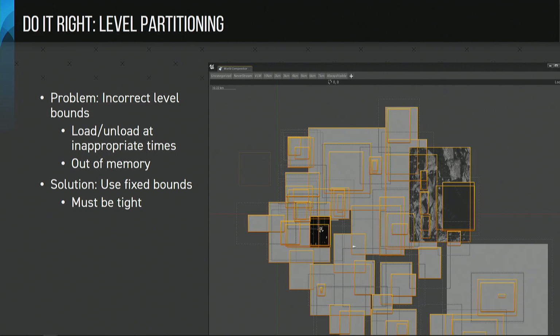In order to hit the memory constraints of all of our platforms, we had to make sure that these level boundaries were as tight as possible. So we actually had technical artists going in there and manually creating LODs for our levels in a lot of cases, so that they would look good, so that you can still move pretty close to them without them looking bad, and then only at the last second basically swapping in the actual geometry with a nice dithering effect.